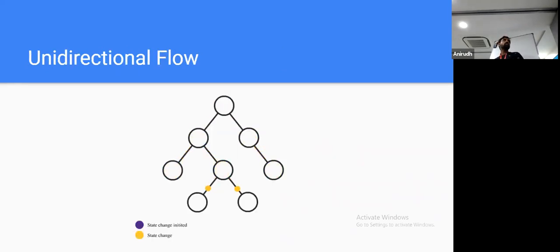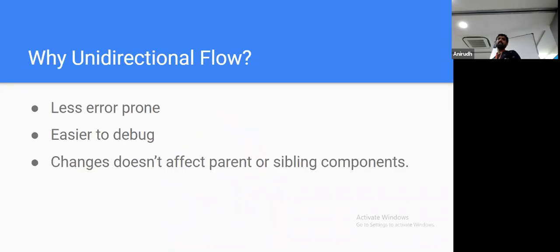Also, React has unidirectional flow. So as you see, the data flows from parent to the child. And in case of events like click events, that goes from child to parent. So since there is a particular flow happening for the data, that gives an advantage because it's very less error prone, because the data will only flow from top to bottom, not from bottom to top. And it's really easy to debug because again, the direction of the data is flowing from parent to child.